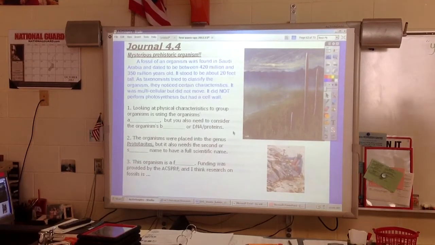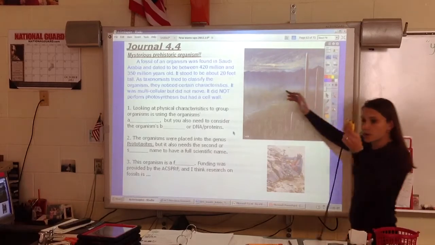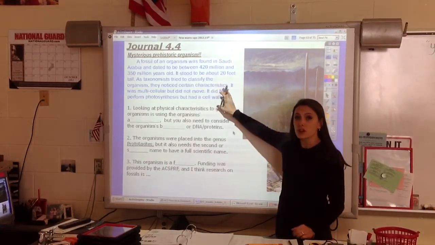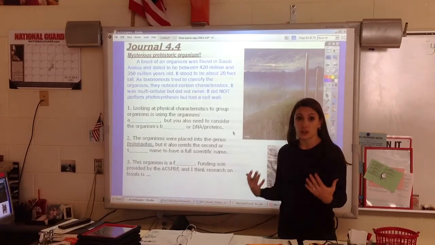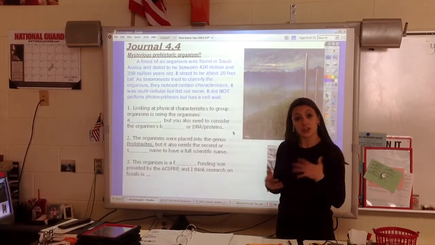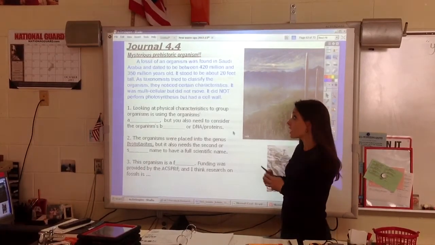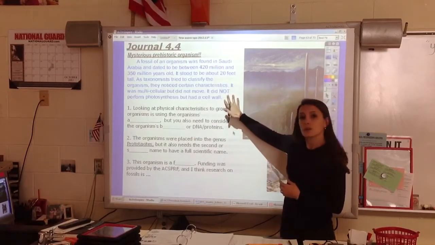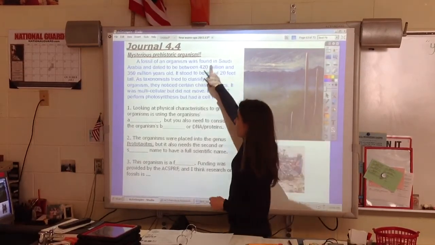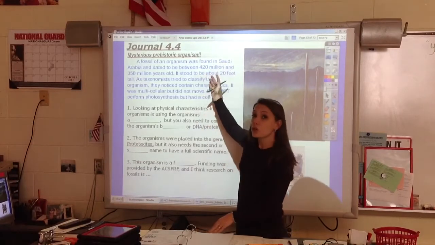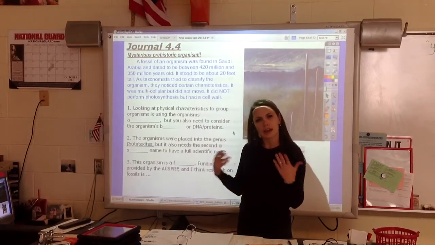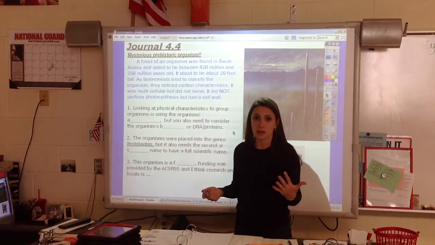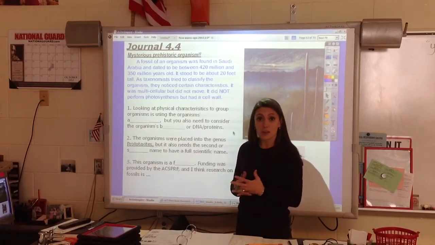This is Journal 4.4, so we're in Unit 4 on evolution, and we've been talking about how organisms have changed over time. And one of the ways to know if organisms have changed over time is to use the fossil record. So it turns out that a true mystery organism, in this section of Unit 4 we're looking at how do we name organisms, how do we give them a name, and part of that is knowing if they're related